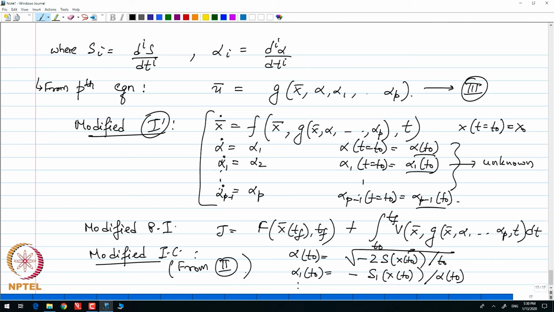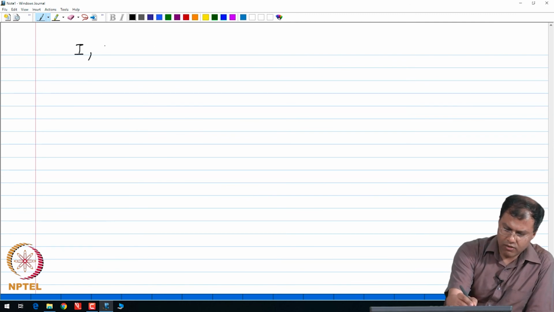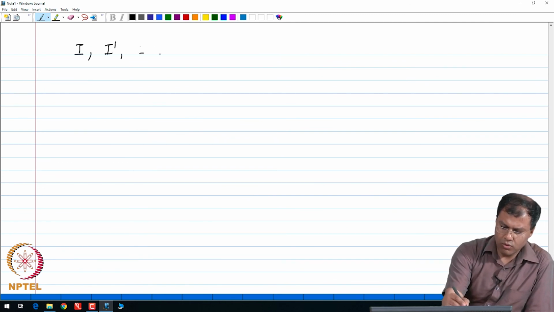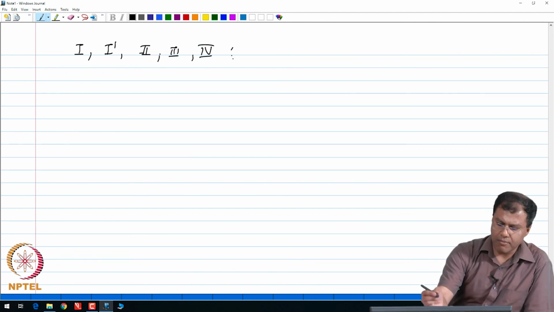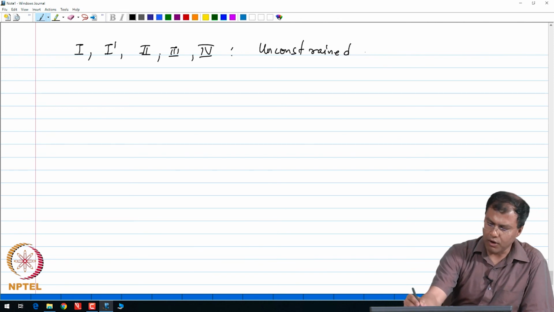How many equations have we mentioned? Well, I call this as 4, and I have 3, 2 and 1 primes as well. So, all my relations from 1 prime to 3 and 4, they are going to describe my unconstrained problem